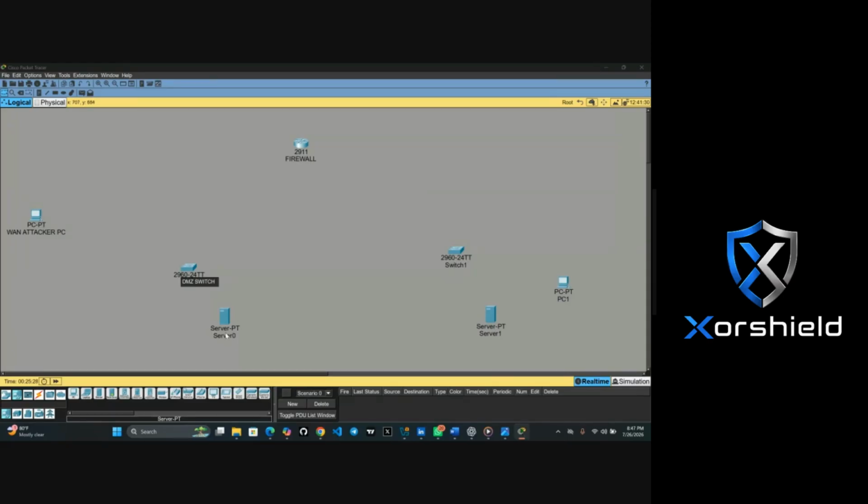Then this server, web server. This switch, LAN switch. Database server. Then this one will be the internal PC. You can make it internal or employee PC, any way you want to name it, just so you understand it. So this is it.